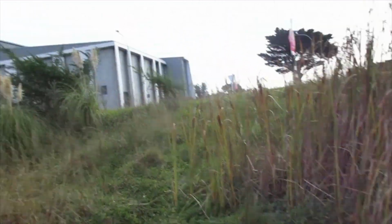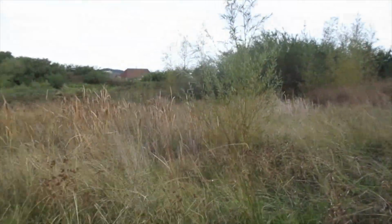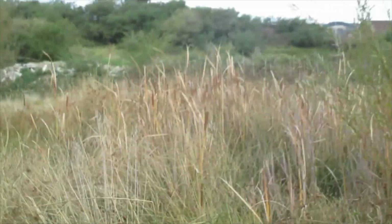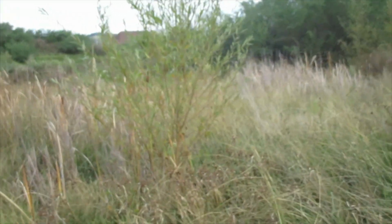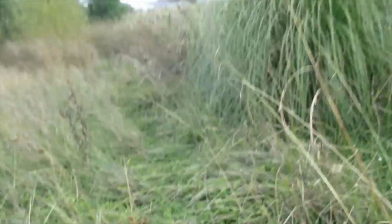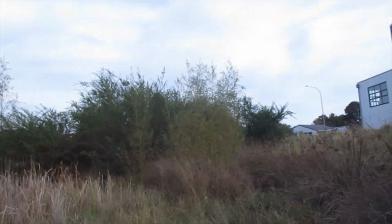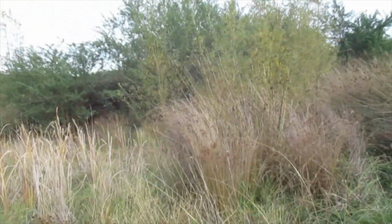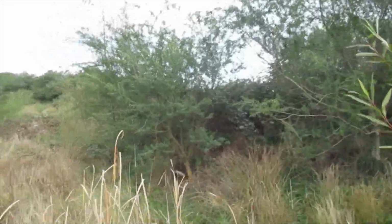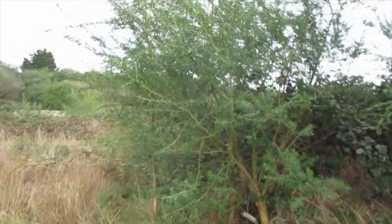And we've even got more of it, a smaller variety over there. Other than that, it's a slowly regenerating wetland, but could definitely do with some more help. Especially because the ground raised up to this little mound over here. So it's basically been taken over by tree lucerne, which is quite a good, it's a legume, so it's